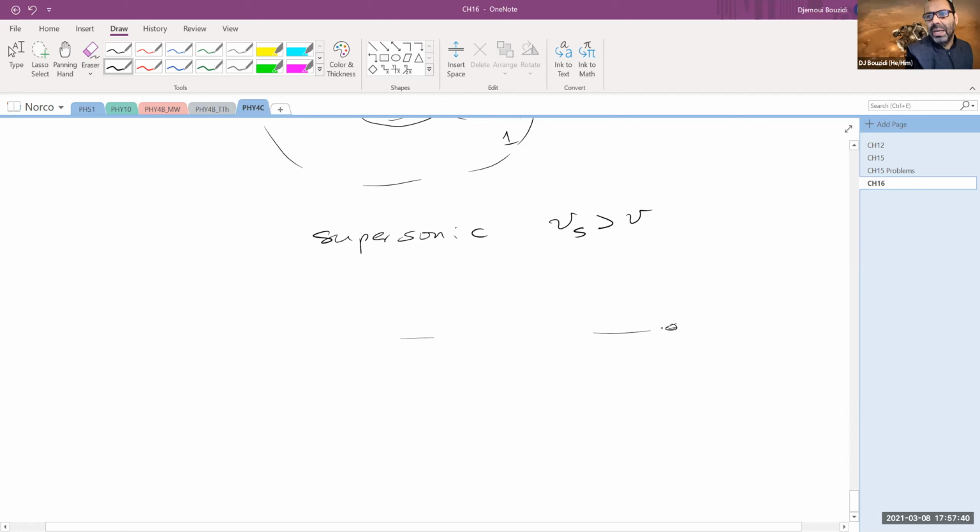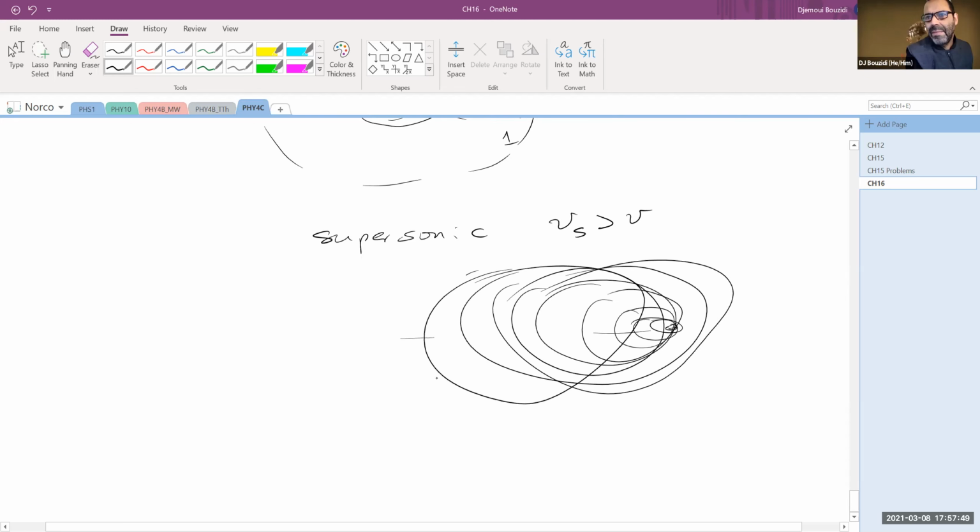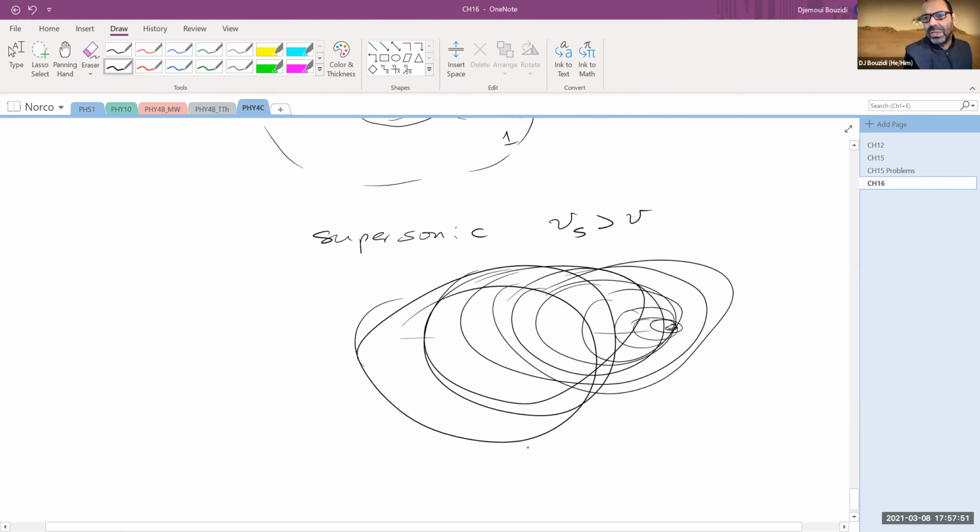So by the time the plane is in here, I would have accumulated enough of this for an observer sitting in here. So this is the listener, who is going to pick up an accumulated number of wave fronts, which is going to be higher and higher as this wave front is moving in here, so that the original sound for him to hear